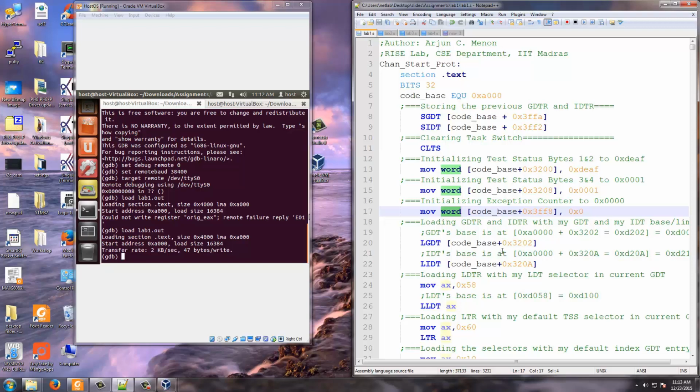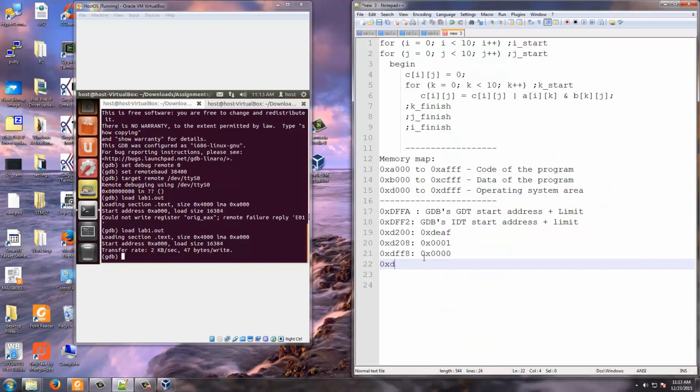So 0xD202 will store the GDT address, address plus limit.